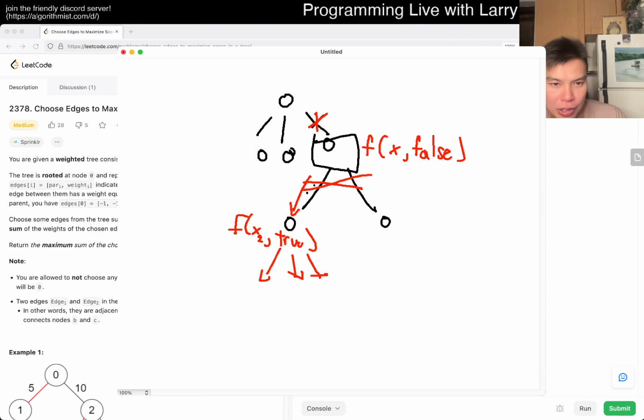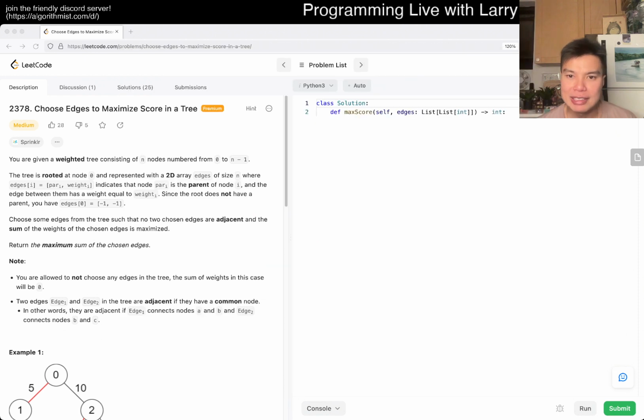Okay, I think we're good. The easy way is to do it with memoization, but I'm not going to do it with memoization. I'm going to do it with pre-calculation, and in a way, it will be dynamic programming. I'll go over it in a second. So basically, we want two results. We want the max score,